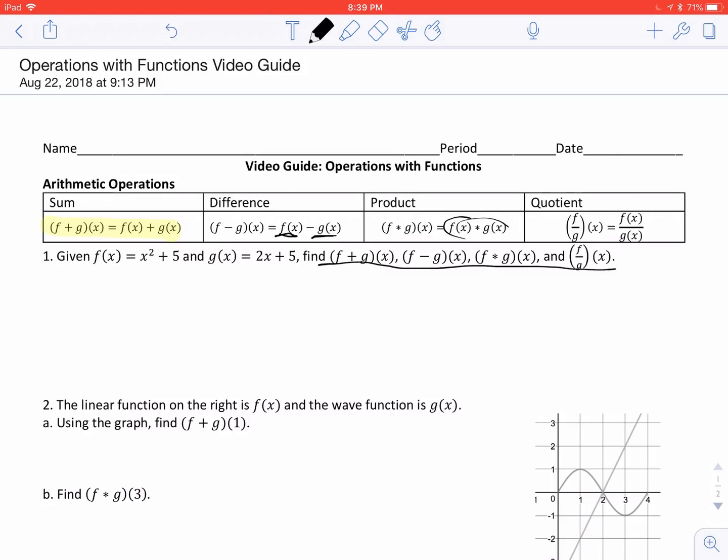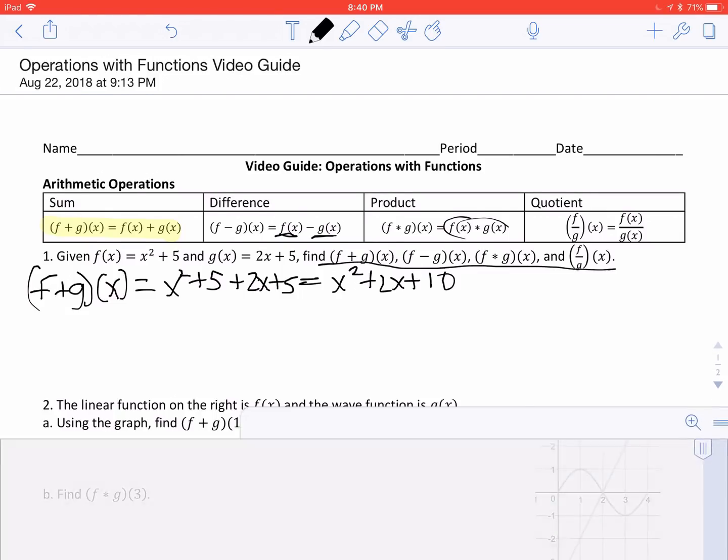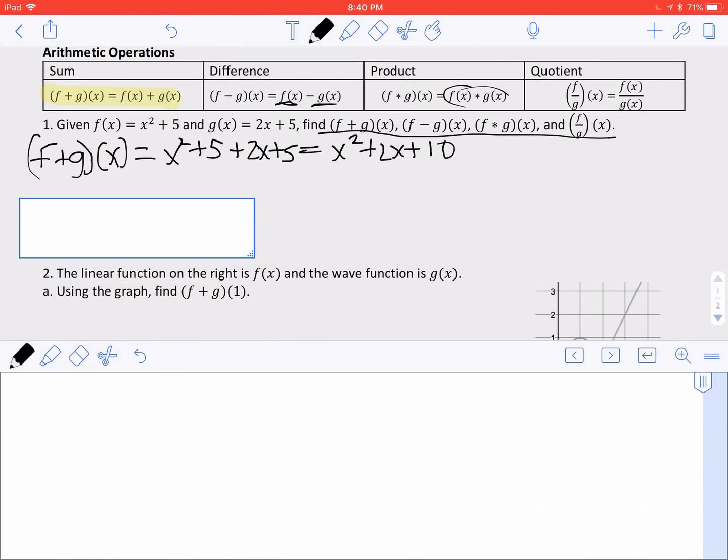So f plus g of x just means we're going to add the two functions together. So x squared plus 5 plus 2x plus 5. And if we combine like terms, that gives us x squared plus 2x plus 10. Okay, so if we calculate f minus g of x,